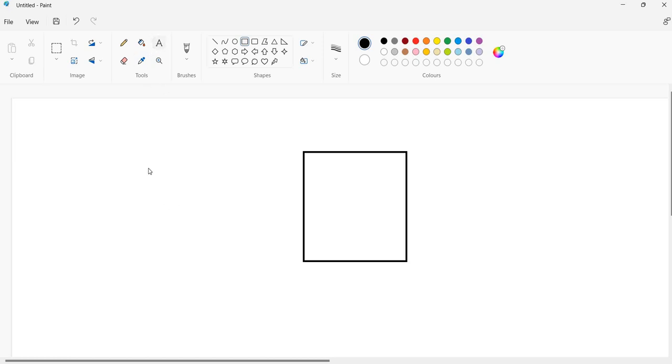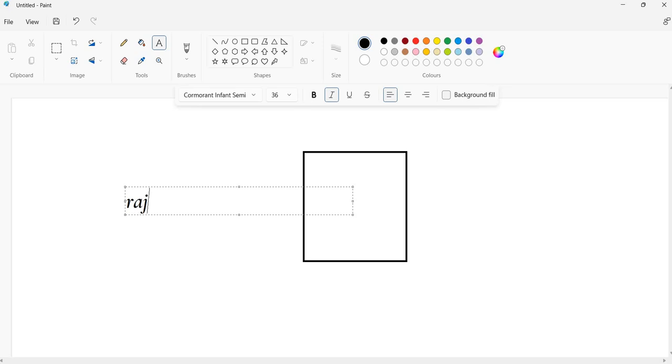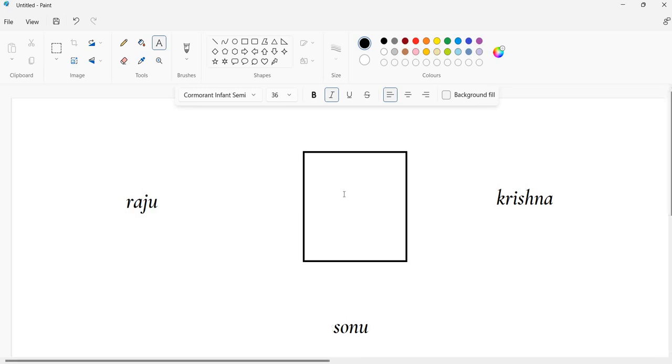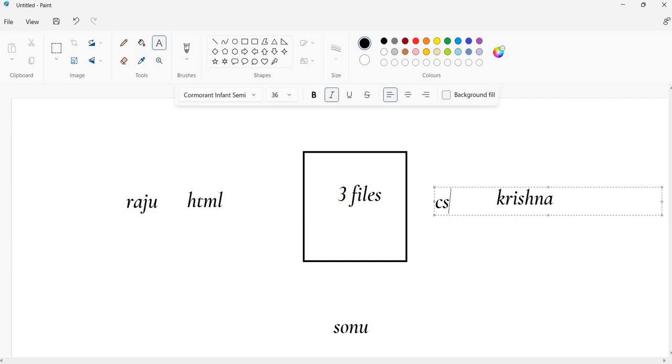One person, Raju, is working, and Krishna is working, and Sonu is working. So right now, just imagine only three files. Normally, lots of files will be there. So Raju is working on the HTML. We have only one HTML file, and Krishna is working on the CSS file, and Sonu is working on the JavaScript file. We don't have any problem. So for that, what we will do normally,